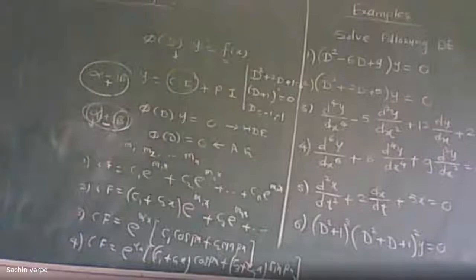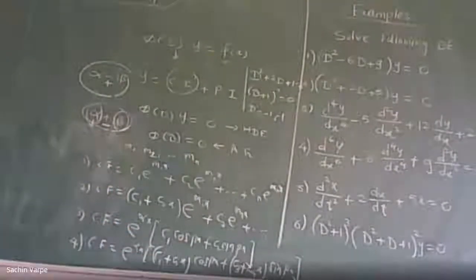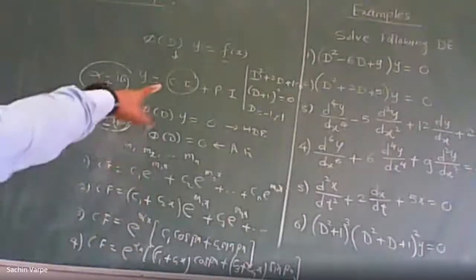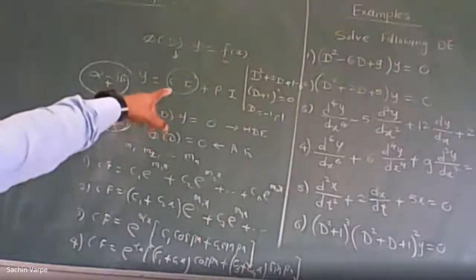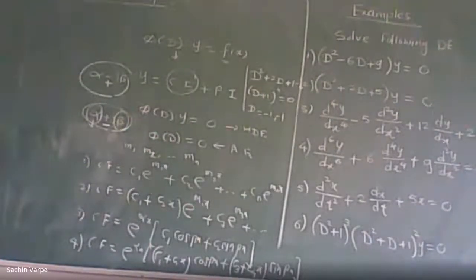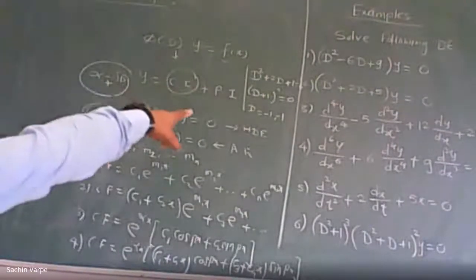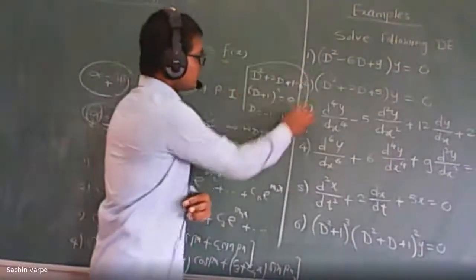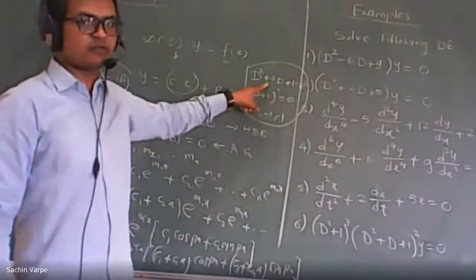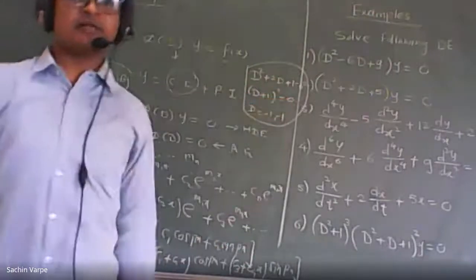Yes, sir. Am I audible? Okay. So, any doubt in the formulas of complementary function? No, sir. Okay. So, one differential equation I have given there, that is d square plus 2d plus 1 equal to 0, right? Are you able to see that differential equation? Sir, not clearly, but it's visible. This is the differential equation I have given. So, what are the roots we are getting there? The roots are -1, -1.